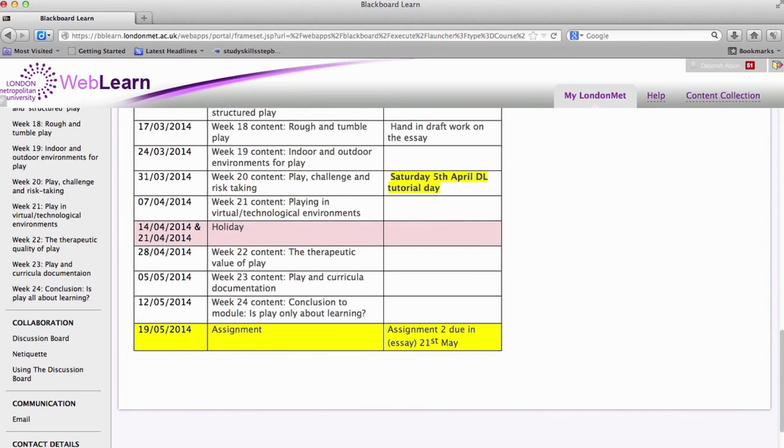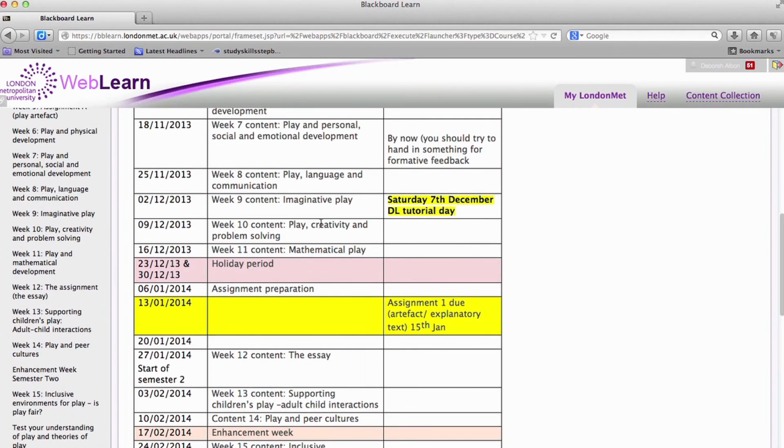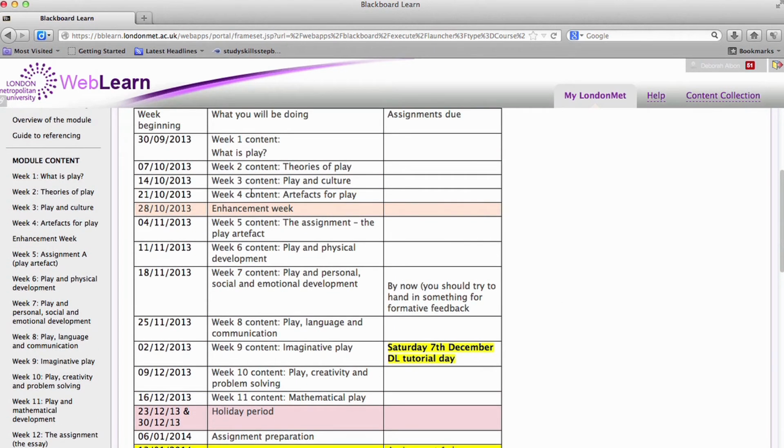So if you scroll to the end, you'll see for this module, this year the assignment was due for the 21st of May. Then when you look down the left-hand side again, you'll see that each of these weeks translates to a week of materials, and that's where you're going to get the detailed materials for your module. So if I click on the first week, so if you were just starting this module, you'd be looking at this week, week 1,